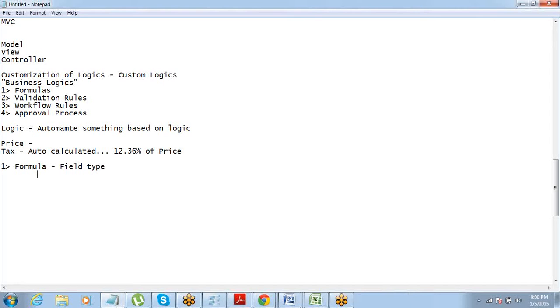Let's say that if price is less than 20,000, tax is 10%, and if it is more than that, else it is 15%. So now you have that scope of putting an if else option there, right? And you can do a calculation.